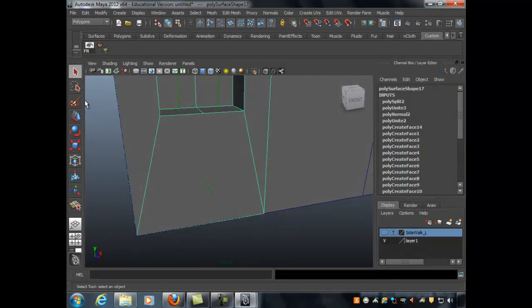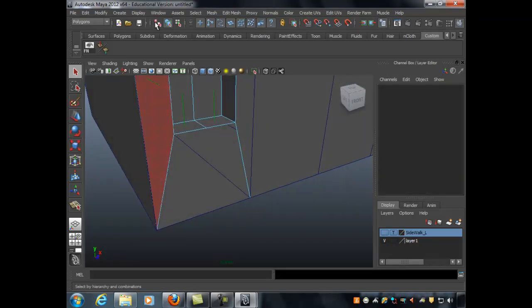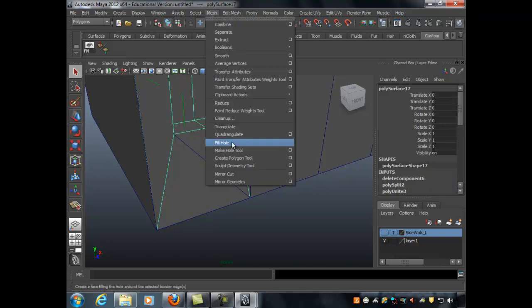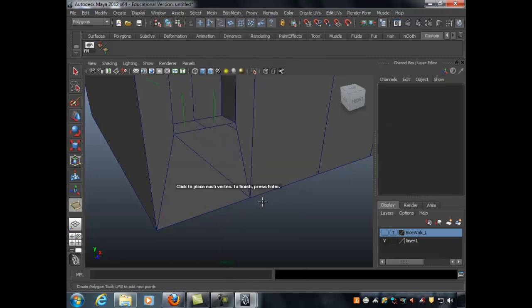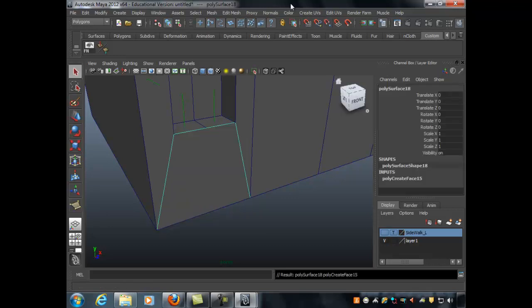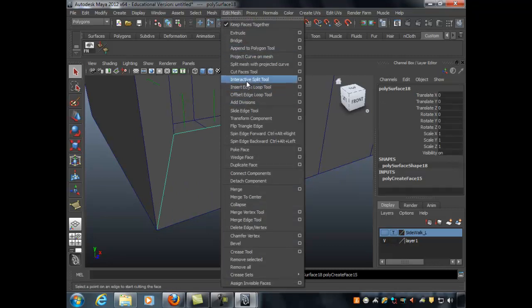And of course it's not going to let me. So what I'm going to do instead, I'm just going to delete that face and draw in the new ones. So I'm going to go to Mesh, Create Polygon tool, oops, Vertex Snap, hold on. Here's how we're going to do it. I've got to build it first as a poly. Then I'll be able to go into Edit Mesh, Interactive Split,